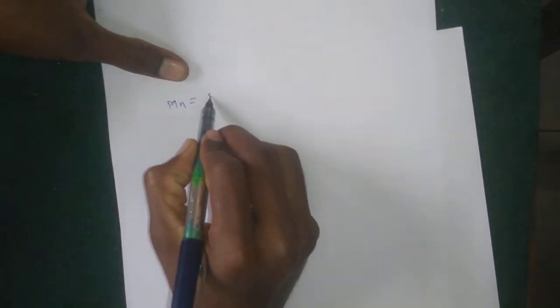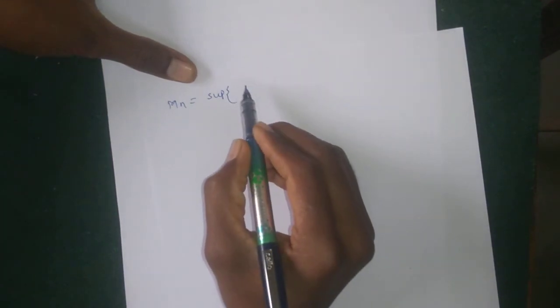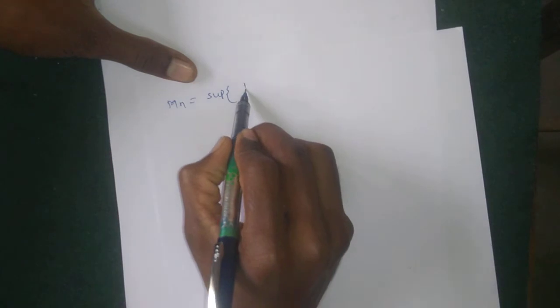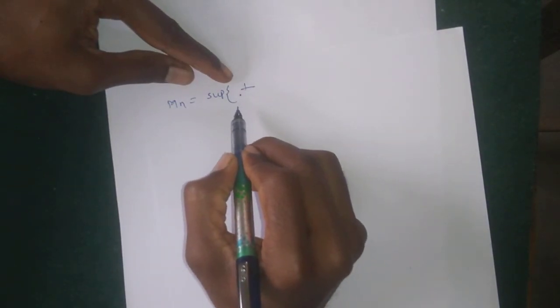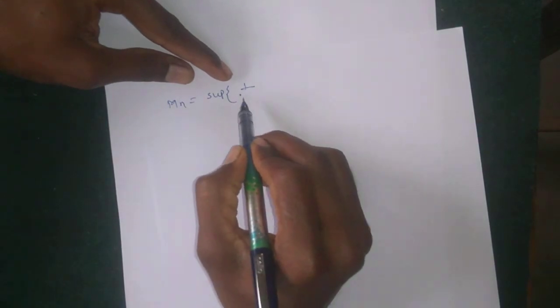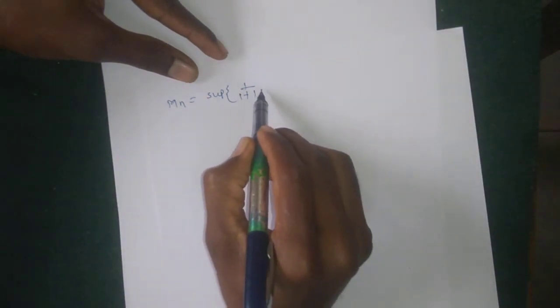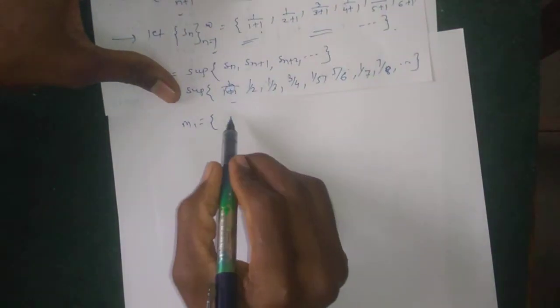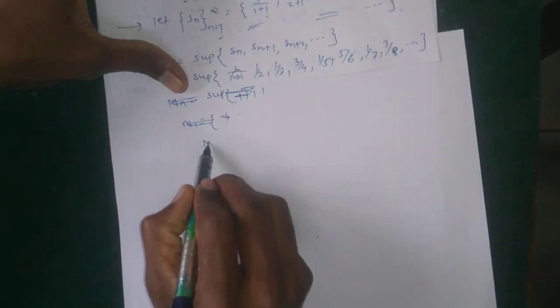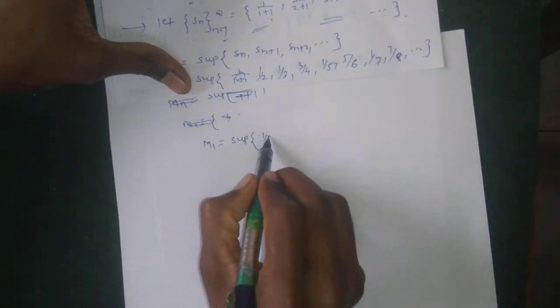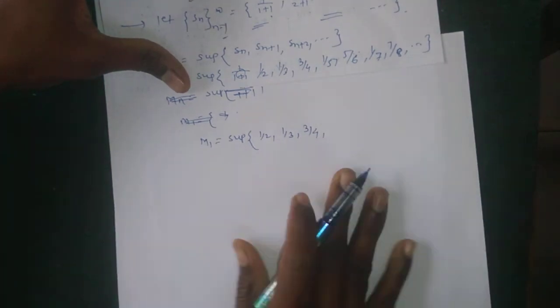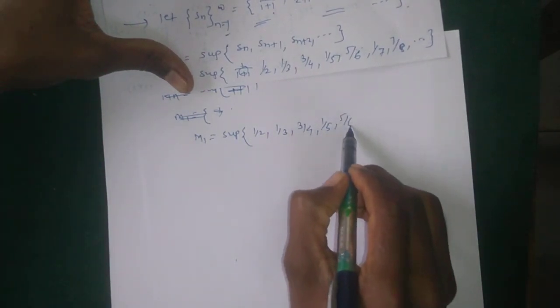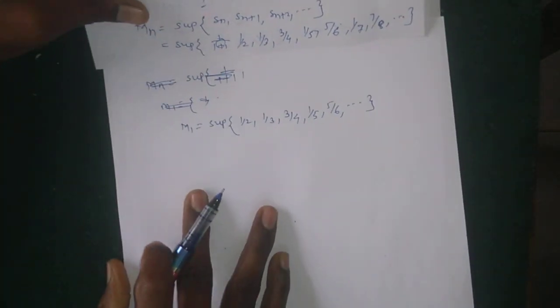Mn is equal to, in this way, Mn is equal to the supremum of 1 upon 1 plus 1, or here m1 is equal to, so we put m1 is equal to the supremum of 1 by 2, 1 by 3, 3 by 4, 1 by 5, 5 by 6, and in this way. Okay, so